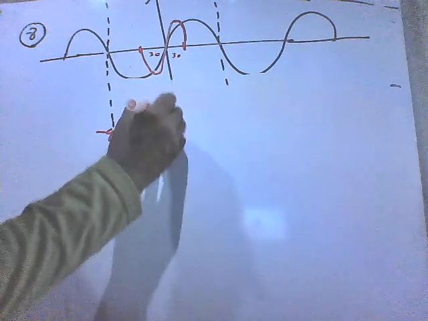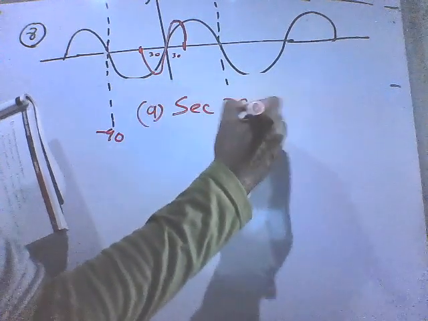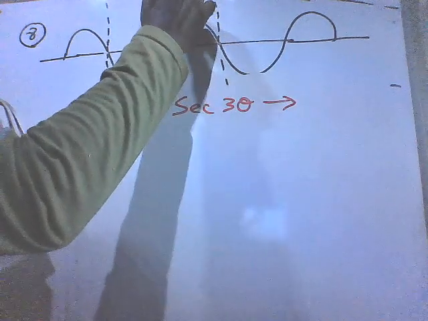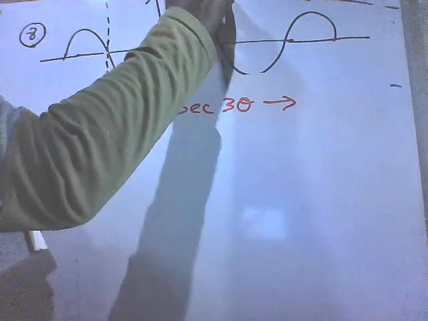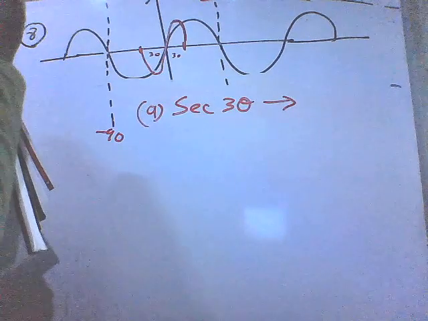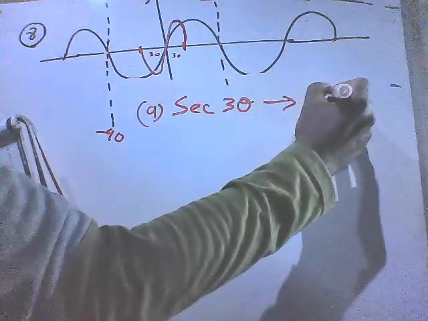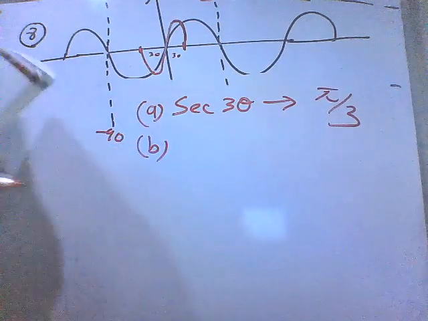Question 8 part A, they are considering sec 3 theta. So our normal is pi, then pi over 2 divided by 3 is pi over 6. Two of those is pi over 3. So the time period is that. Part B,